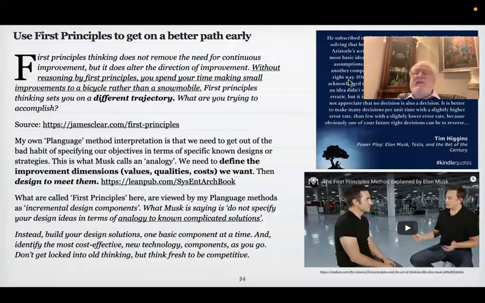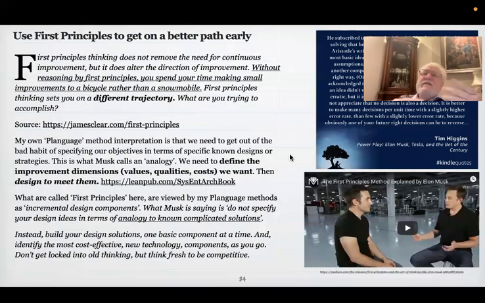Musk keeps on talking about a concept called first principles. So here's some stuff about that. But let me summarize what's going on here. It says, for God's sake, don't just take the conventional designs that we all know and then try to tweak them. Start with a fresh slate and think of what might be possible within the laws of physics, as Musk says. And this is being really creative and really brainstorming out of the box. And then everybody will, of course, laugh at you and say nobody does that. But Musk says,